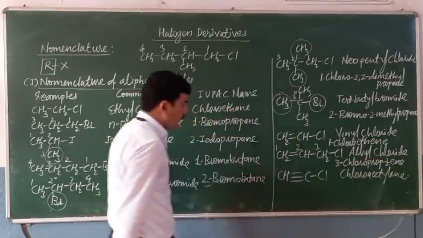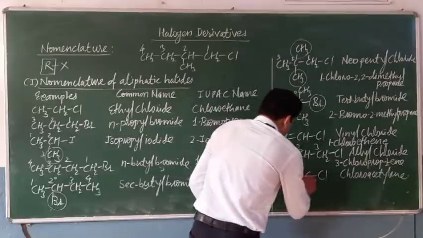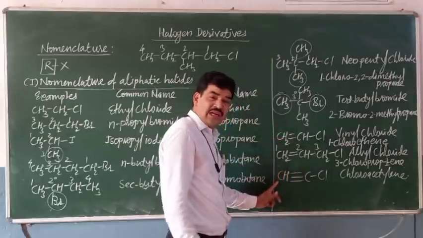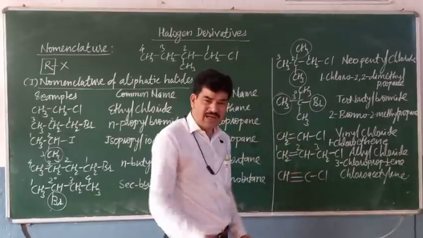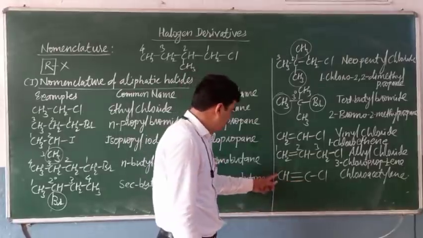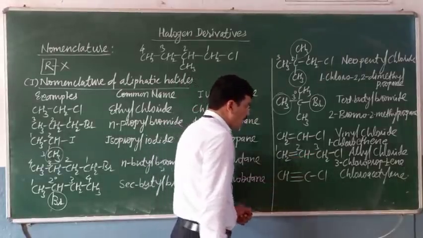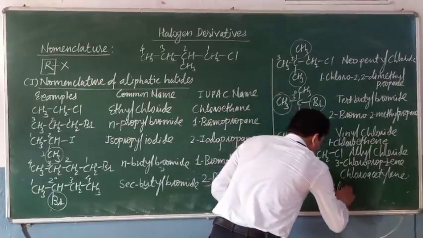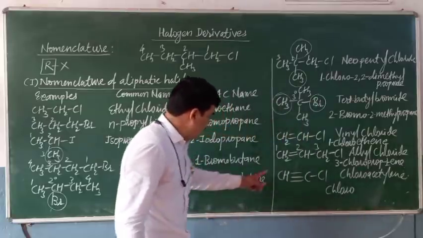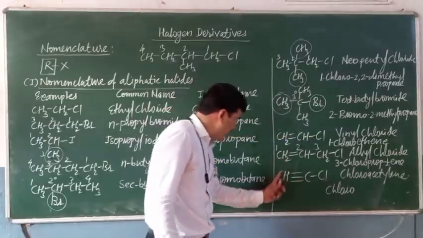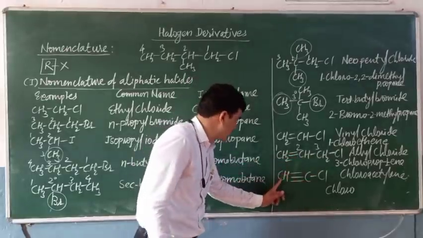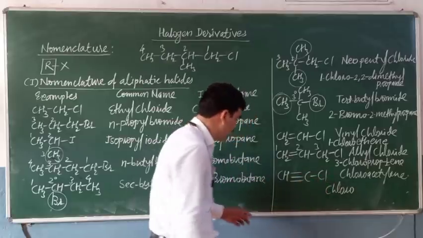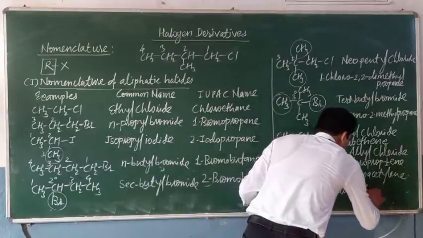Now here just 2 carbon atoms are there, and therefore its parent alkane will be ethane. Or if you say, the parent hydrocarbon will be acetylene. Now here just 2 carbon atoms are there, therefore write the name of the halogen first, chloro. Parent alkane is ethane, but from ethane the suffix Ane should be replaced by Yne because of the presence of a carbon-carbon triple bond. Its name becomes chloroethyne.